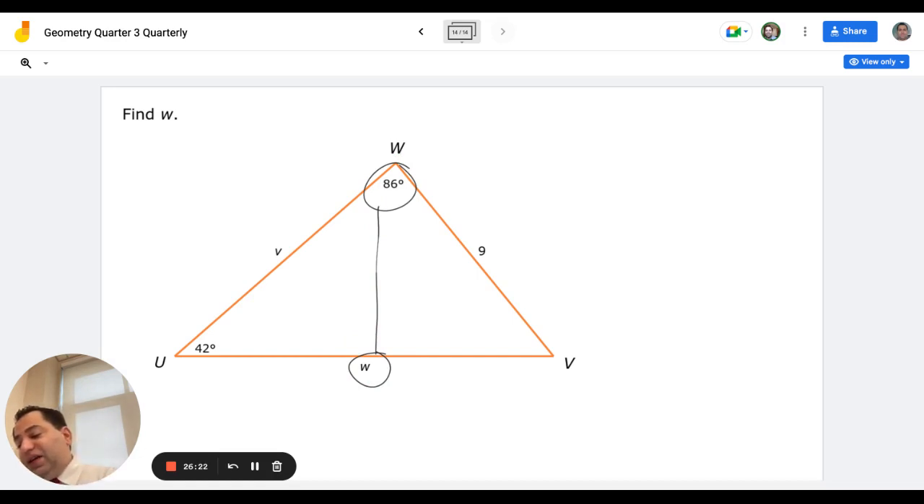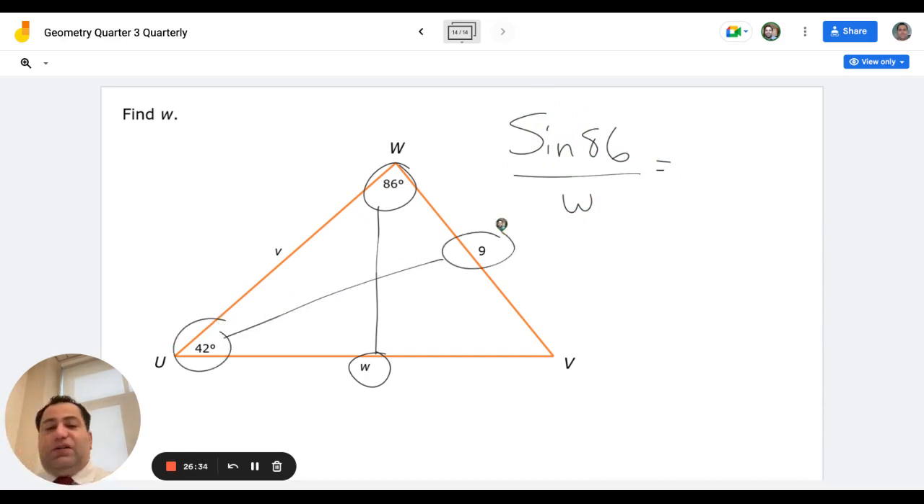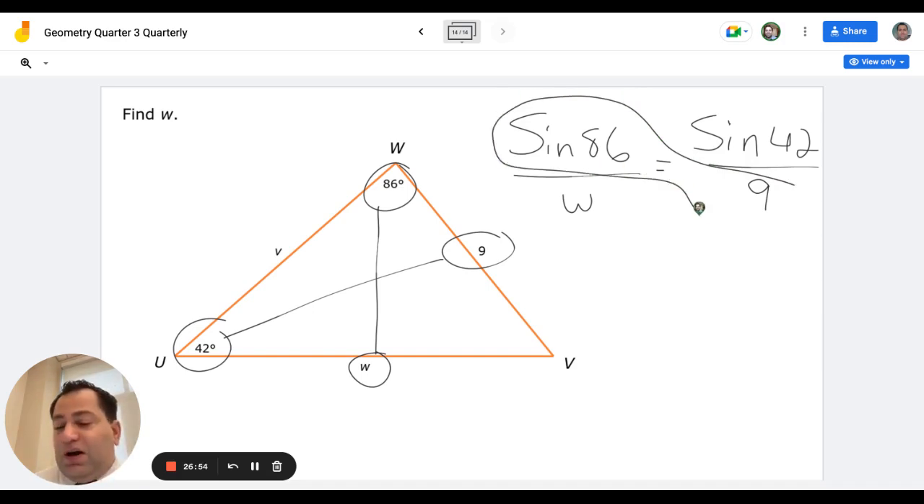So we have sine of 86 over W. And then we have to find another relationship here. And we see that we have one. So we have sine of 42 over 9. Okay, and now again, just like the proportion in the last problem, we're going to cross multiply where we have two numbers here. So we can do 9 sine 86,